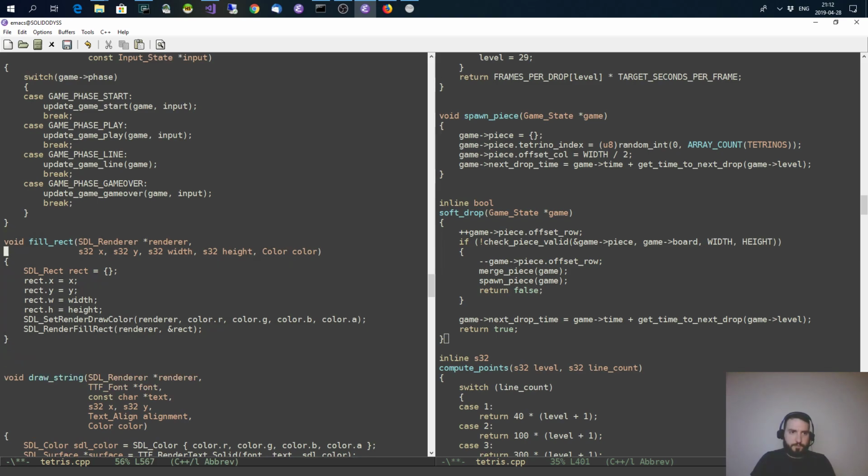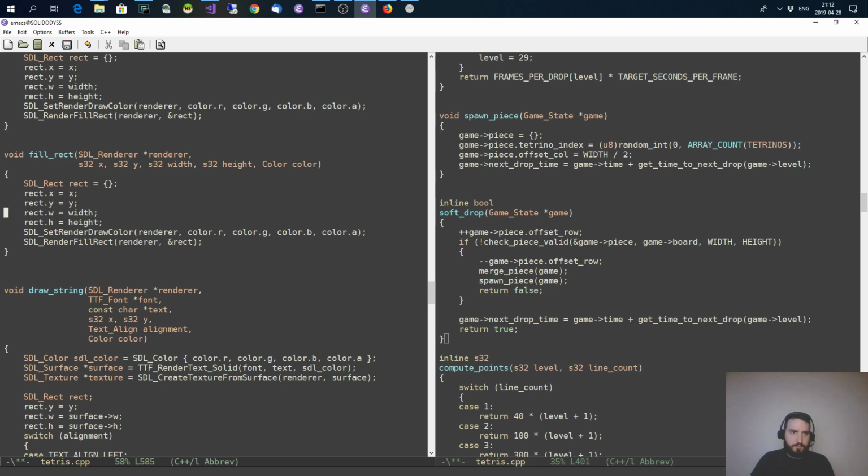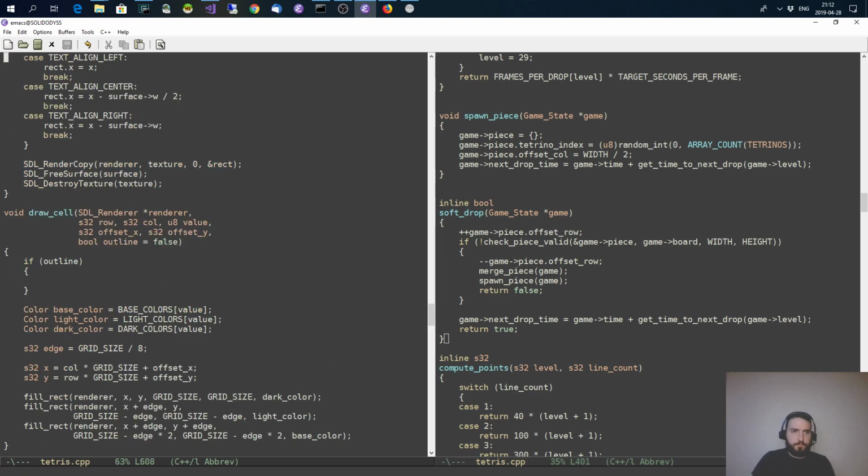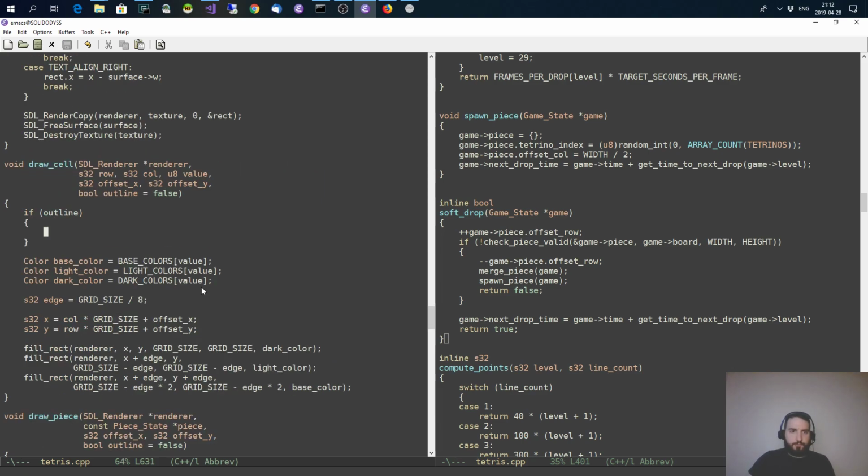Let's just copy this. Draw rect SDL draw rectangle. So if we're doing the outline, we're just going to draw the rectangle instead of filling it. Then we return,